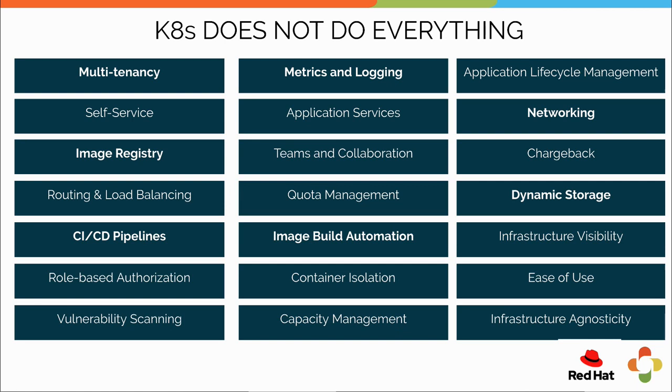So some of the things that Kubernetes doesn't do on its own out of the box are provide multi-tenancy for collaborating and working with multiple tenants and projects, and provide native metrics and logging. Networking: there are third-party plugins required to establish proper networking, and configuration can sometimes be complex. It doesn't provide a native image registry or CI/CD pipeline or process. There's no automated build automation for images or dynamic storage provisioning. So out of this list, we've highlighted a few of these that we're going to cover today. And the reason we have done that is because